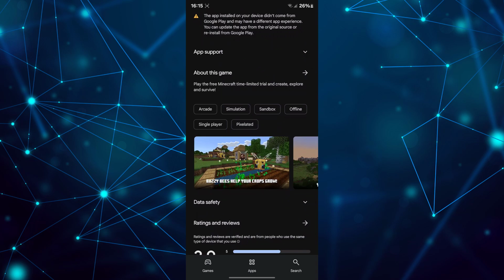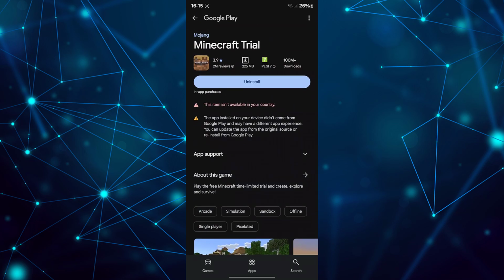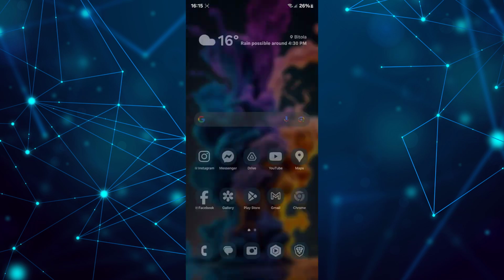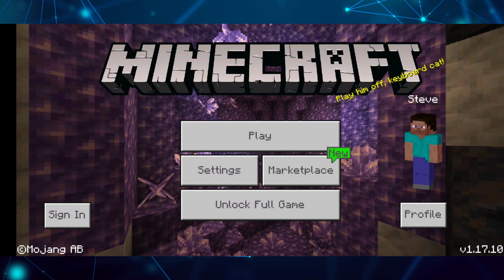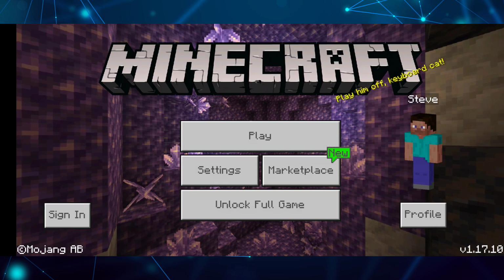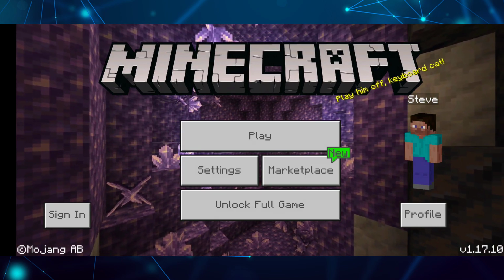Tap Install to begin downloading. Depending on your internet connection, the download should only take a few moments. Once the installation is complete, open the game. You can now enjoy Minecraft for free. Keep in mind, the trial version offers a taste of the full game,